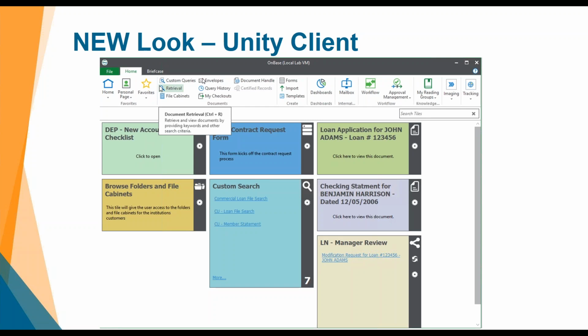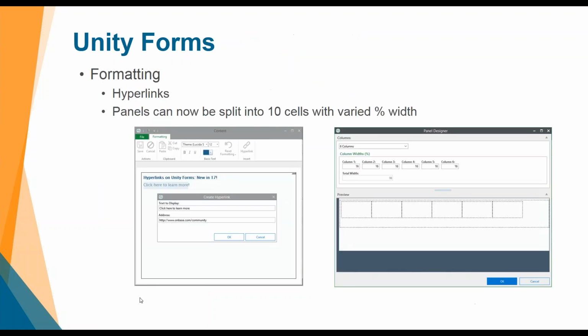So we're going to go ahead and show you a little demo. Oh, I guess not. We have a demo coming up of Unity Forms. In Unity Forms, they made some changes allowing for you to do some different formatting now. And if you've done anything with Unity Forms in the past, you've always been able to add 3 panels across a Unity form to add information